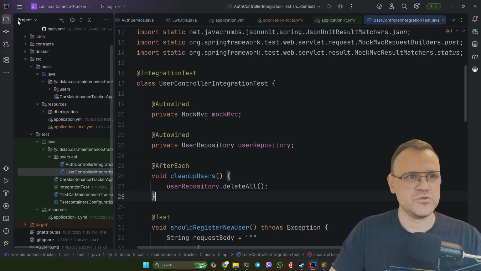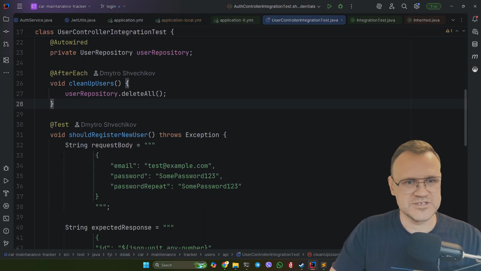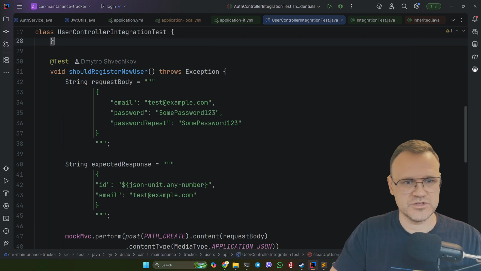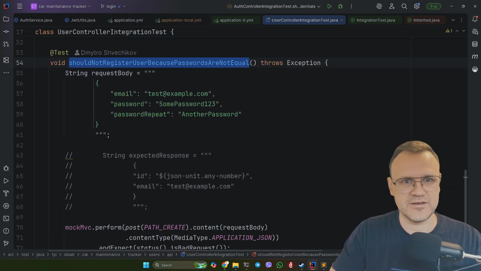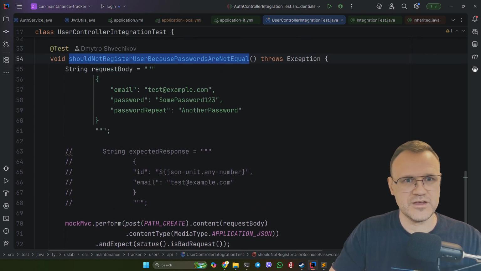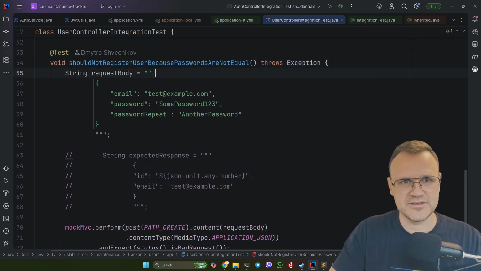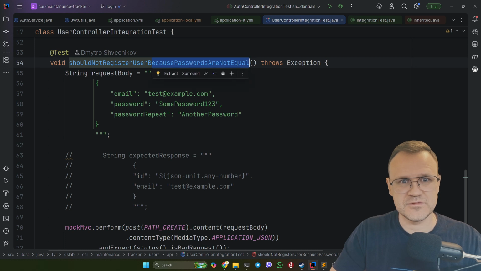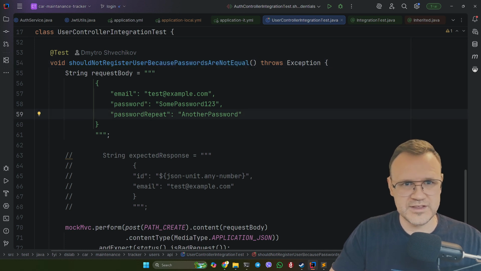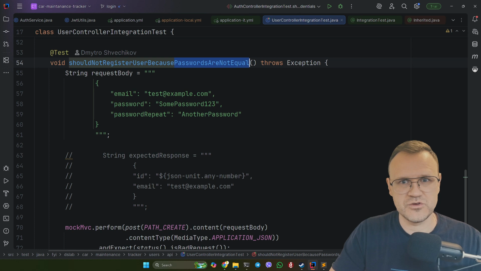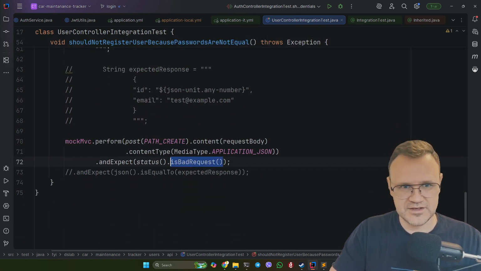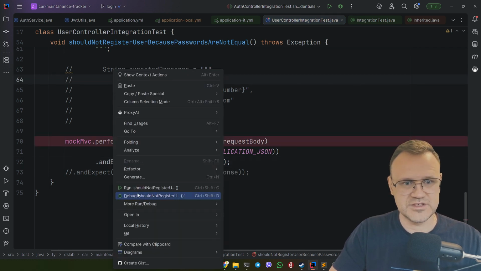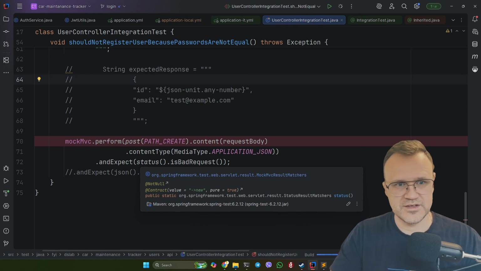So maybe we need to take another endpoint with the registration. So this is the success path, and this is the error. So we expect that we will get the error if passwords are not equal, right? And here we just validate the bad request response, but let's take a look what we get back as the